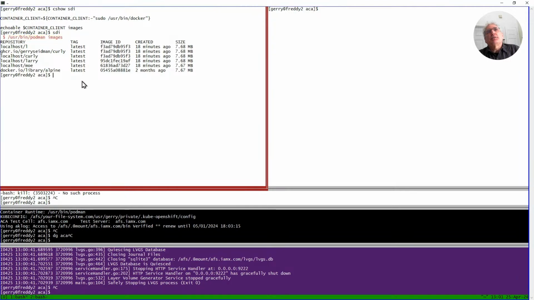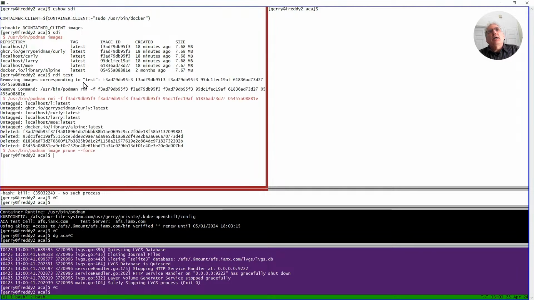So this is just container images. All right, I'm going to get rid of everything. Those are the images that have already been downloaded, and now this is done. I've wiped out all the images that were local on my machine. They're gone. So RMI.